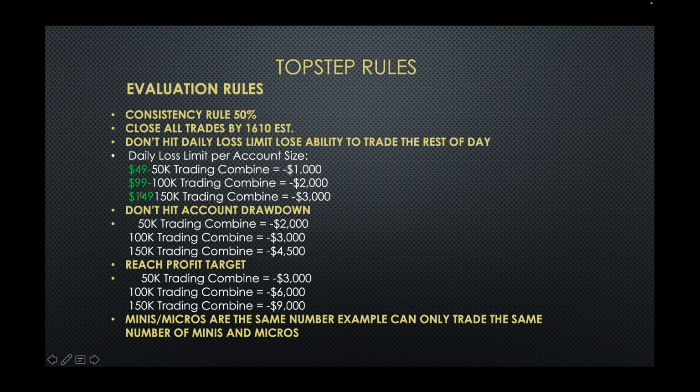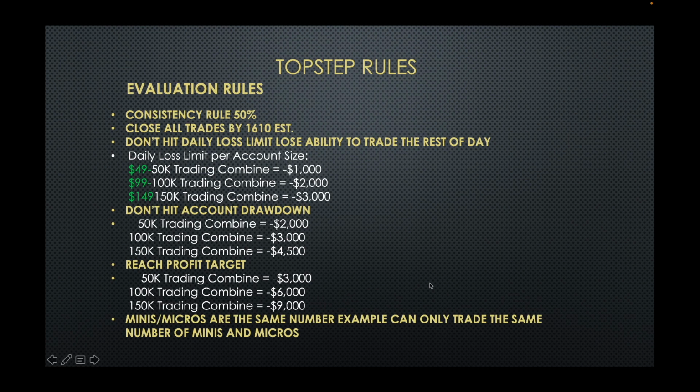Here's the pricing on the tiers, and they normally don't have any kind of specials. This is their specials. If you listen to their YouTube channel, a lot of times they have a reset. You get free resets, and I usually post them in the Discord we're in. But $49 for a 50K account. Again, don't get caught up on 50K, 100K. What you really want to worry about is the drawdown. It's 2,000, 3,000, and 4,500. It's basically the same concept as Apex. Your best bet is probably the 50K or 150K again, comparing percentages wise on that.